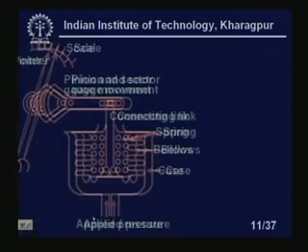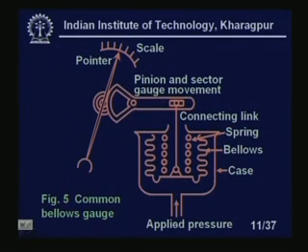We can show some elaborate arrangement of these bellows. Let us look at it. You see, this is a bellow, and the applied pressure comes down here. There is a sector, and this needle or pointer is connected to a gear. There are teeth on this sector, which we have not shown. Now, when the pressure increases, this bellow will squeeze and go up. If this goes up, the sector will move in this direction, and then this pointer will move in this direction, right. So, this scale can be calibrated in terms of the pressure.